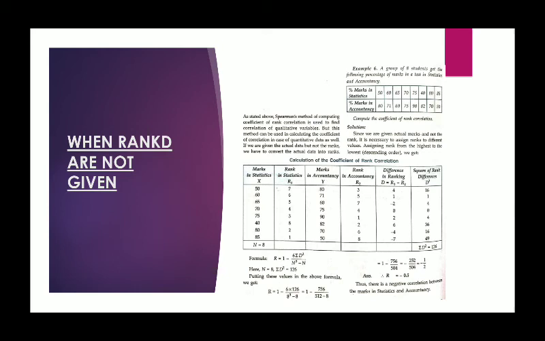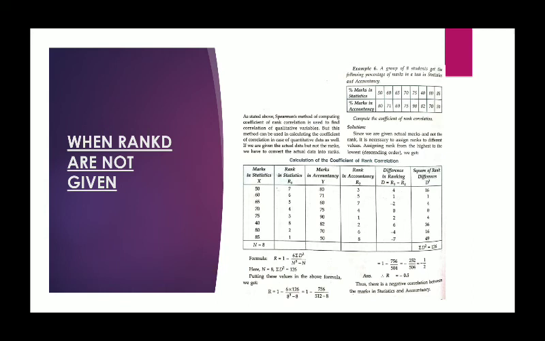A simple idea you can get: the person who is getting the highest in accountancy has rank 1, and the same person is getting third rank in statistics. The one who is getting the lowest among the statistics marks, which is 40, is getting second highest in accountancy, which simply shows that the data is scattered in such a way that there is negative correlation. The one who is good in accountancy may not be good in statistics, and so on and so forth. So that is why there is negative correlation between the two variables.